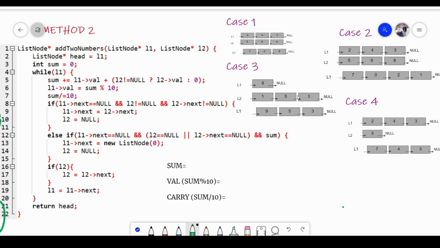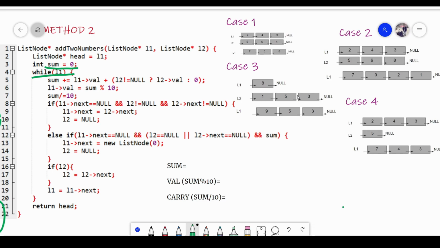Cool. Then here this sum variable, although it is the sum, but here it will be holding the value of 2 things, both the things, that is the sum and carry. You could have also taken one more variable, carry, but I'll just show you how using the same variable we have just done both the things. All right. Here, as you can see, we have used while L1. This is nothing but L1 not equals to null, right? You can even write L1 not equals to null, because if L1 is null, this is not going to work. So while L1, that is when L1 is not equals to null, that means